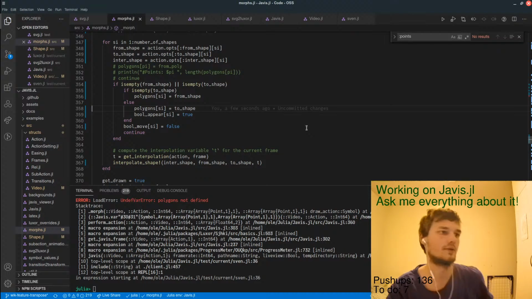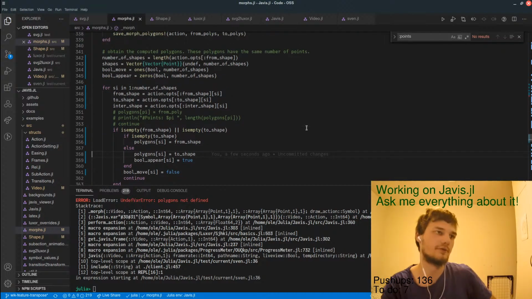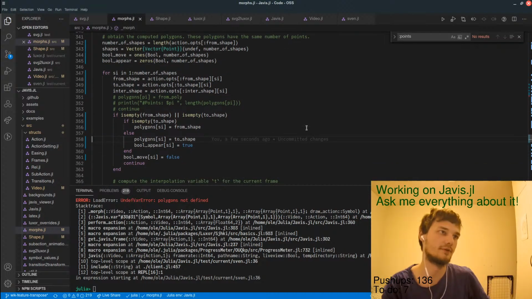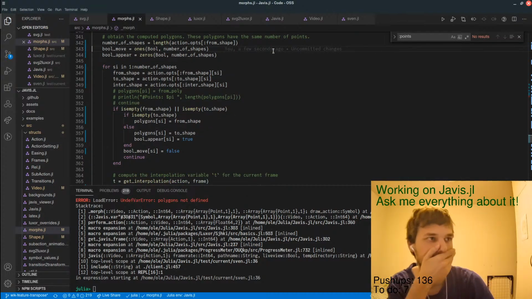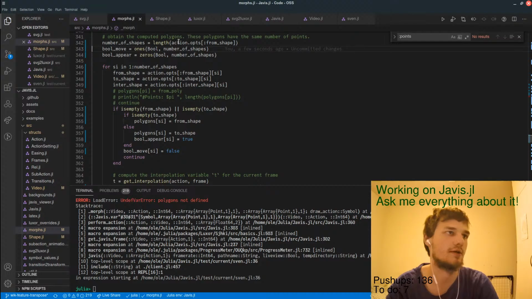Oh, yeah, that's also an error. We don't have this polygon stuffs anymore. We have this shape ones, which I actually don't want to use. Because we should have basically this.